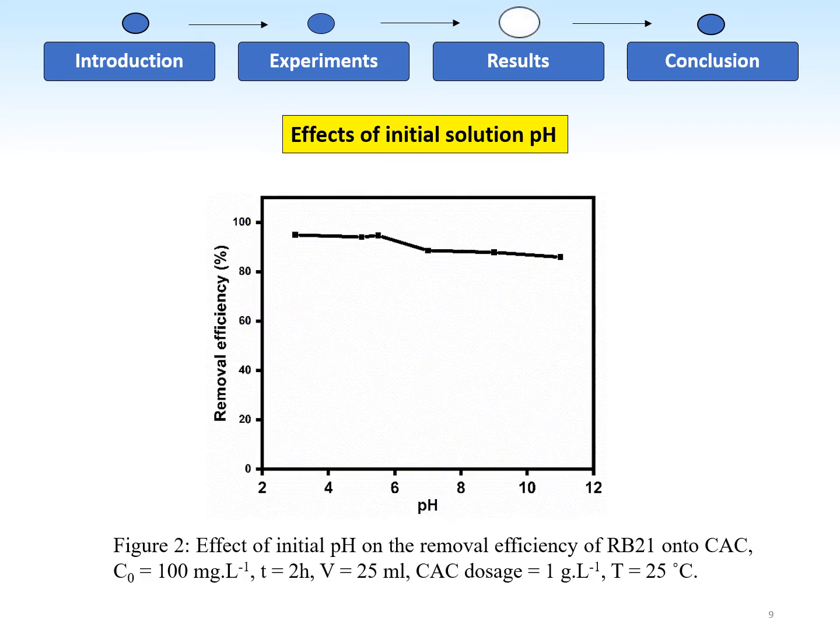To study the effect of initial pH on adsorption, experiments were carried out in the pH range between 3 and 11 for reactive Blue-21 removal. It can be seen that by increasing the pH value from 3 to 11, the removal of reactive Blue-21 by CAC is slightly reduced, and the rate of dye removal by adsorption is high and stable under acidic pH conditions and decreases slightly with increasing pH value under alkaline